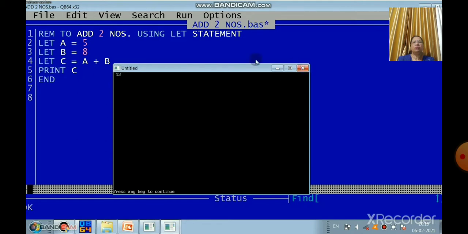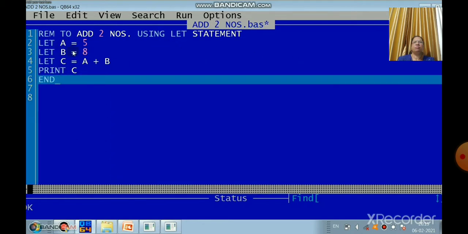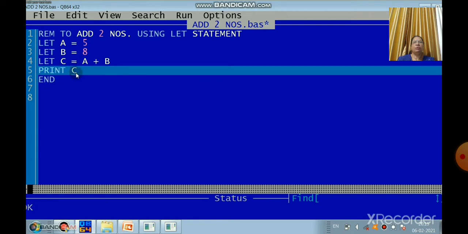So now we will make some modification in this program. I want to print some text. I want to see what that c is. So I can write here print in double quotes. Whatever you want to print on your screen, you have to put in double quotes. Here, sum of two numbers. It will display on your screen, but here you want your result also, right?